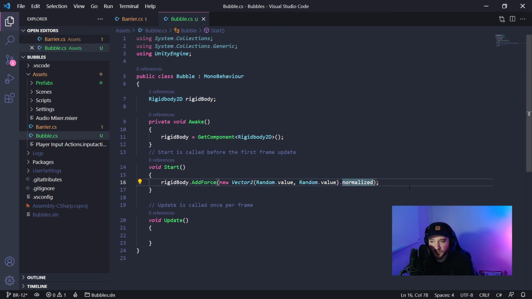Okay, and then the other thing is that's going to pick a direction, but the force applied to it is going to be very minimal. So we're going to need to kind of multiply that direction by a value, like the force that we're going to apply. So we'll call this